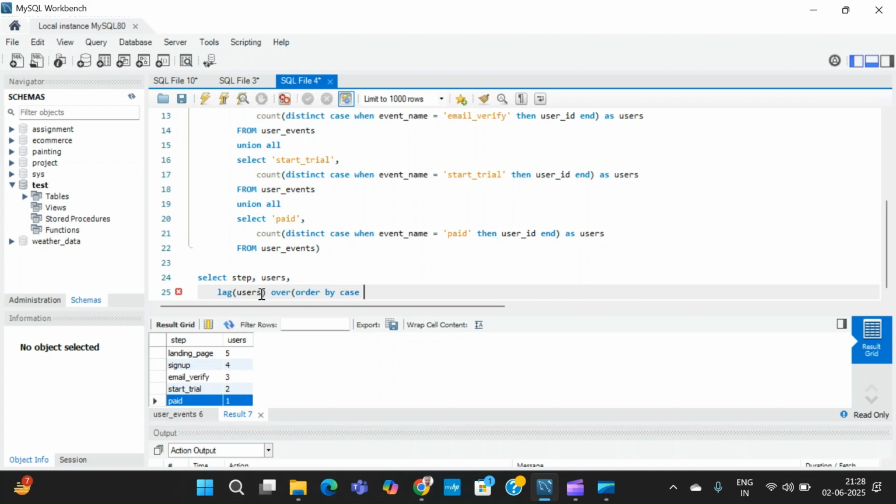Now we will use CASE again on step, because this verifies the stages where the users are moving. CASE step WHEN landing page,